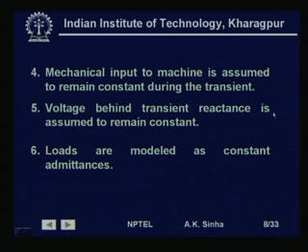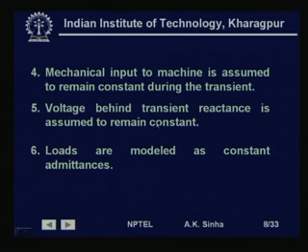Voltage behind transient reactance is assumed to remain constant. Now, this assumption again says that automatic voltage regulator action we are ignoring. That is, the automatic voltage regulator of the generator will try to keep the terminal voltage constant and thereby increase the excitation, and so the voltage behind the reactance. However, we are assuming for this time frame that the effect of the automatic voltage regulator is